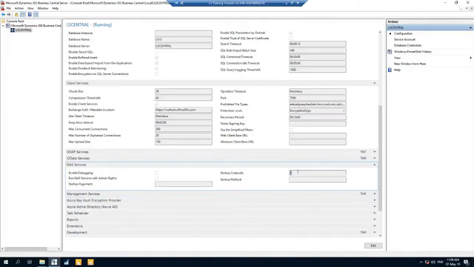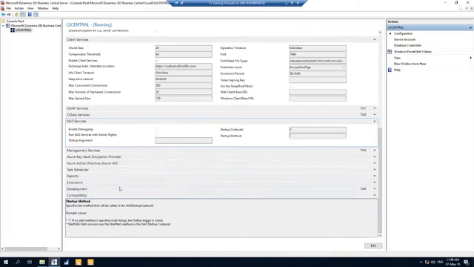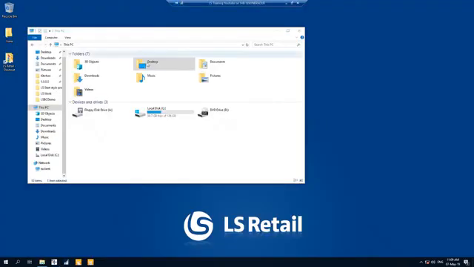So that we will not be doing today, but just for the sake of information, I would like to show you where this is set up. Okay, so that's basically the standard, and we're not going to do any development today, so that's fine. Okay, so I'm going to close this, and then I'm just going to move on to our